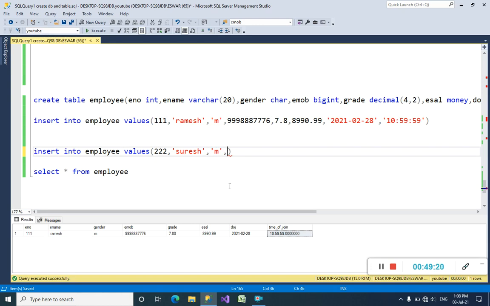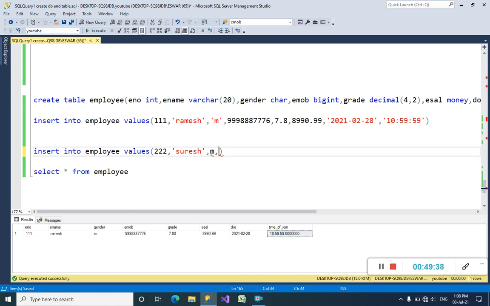Date and string data types, we have to write under single quotes, guys. Without single quotes, that character will not be considered a character.